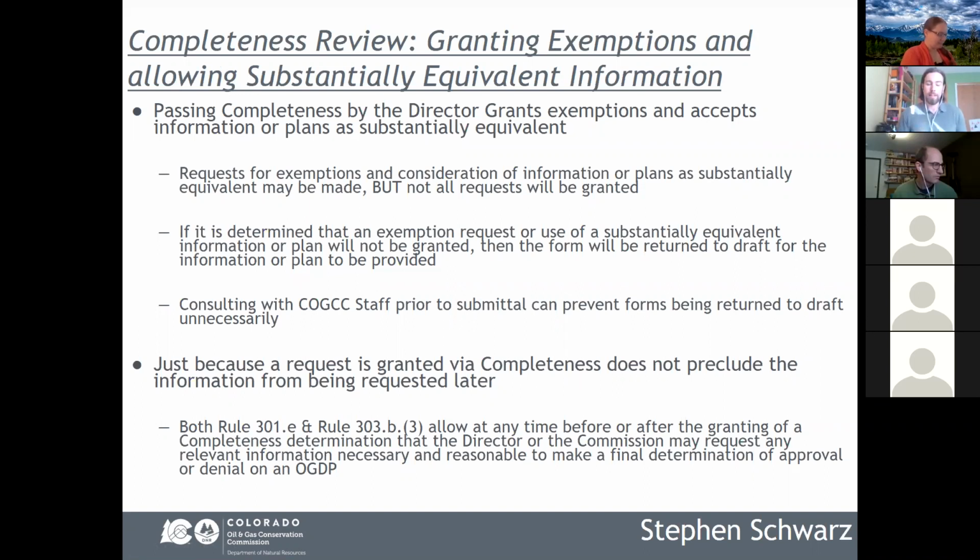Both Rule 301E and Rule 303B3 allow at any time before or after the granting of completeness determination that the director or the commission may request any relevant information necessary and reasonable to make a final determination of approval or denial on an OGDP. While we will do our best working with the director during the completeness review to avoid